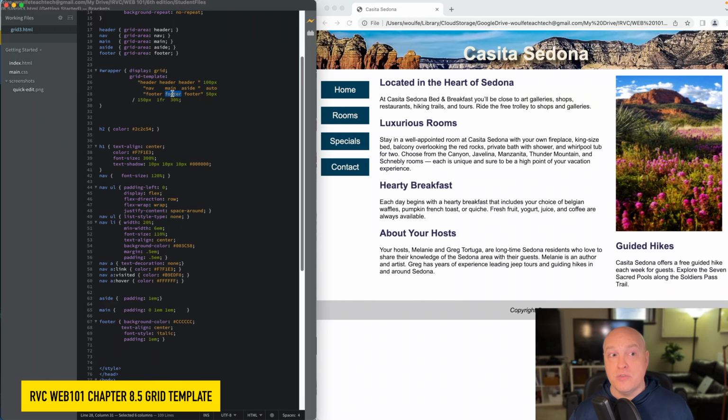Now, I do have to mention that here I have a 50 pixel value for the height of that particular